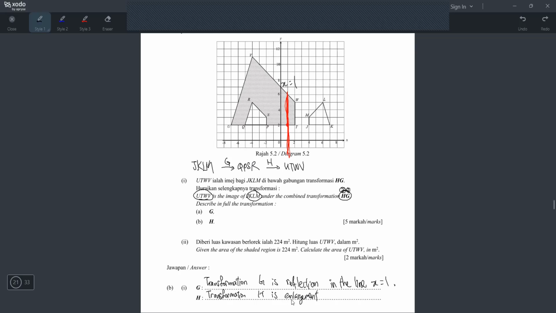Tapi tak dapat full marks macam ni. You kena tulis apa? Enlargement. You have to write the center and the scale factor. So you can write at center, and then you have to carikan dia punya center, and then you also have to write the scale factor with scale factor. Okay. But sir, saya tulis dalam bahasa Melayu lah. Okay, bahasa Melayu macam mana? Transformasi H ialah pembesaran pada pusat, and then write the center dengan faktor skala. Carilah faktor skala. Okay, so jawab dalam BM pun tak apa. Okay, but I jawab dalam English lah.